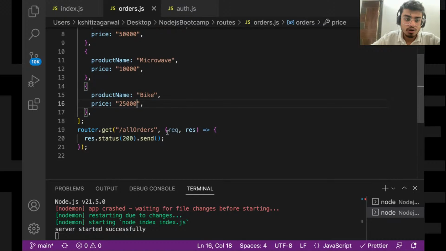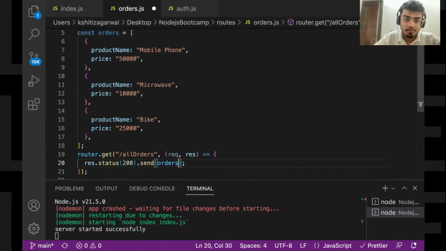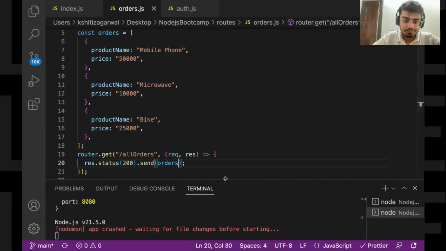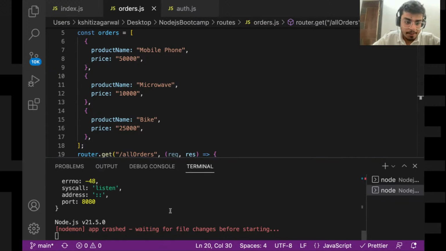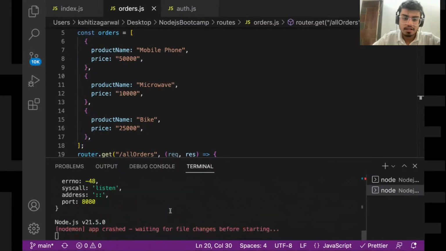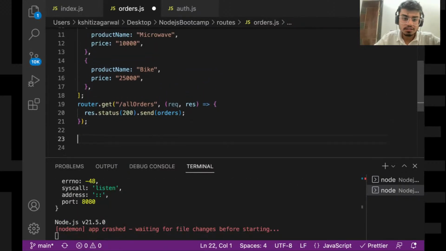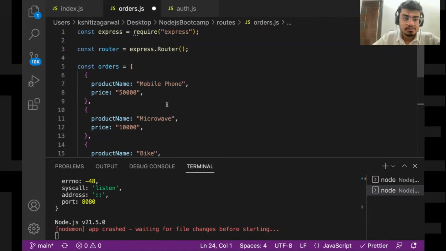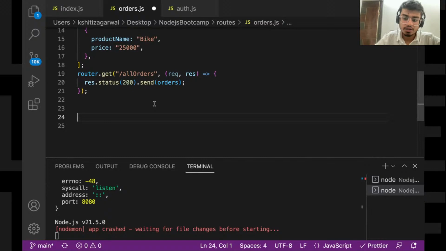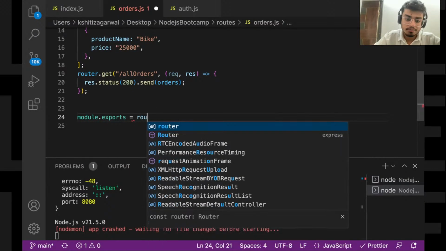So I'll be sending this object, orders. Okay, so that's it. Module.exports is equal to router.